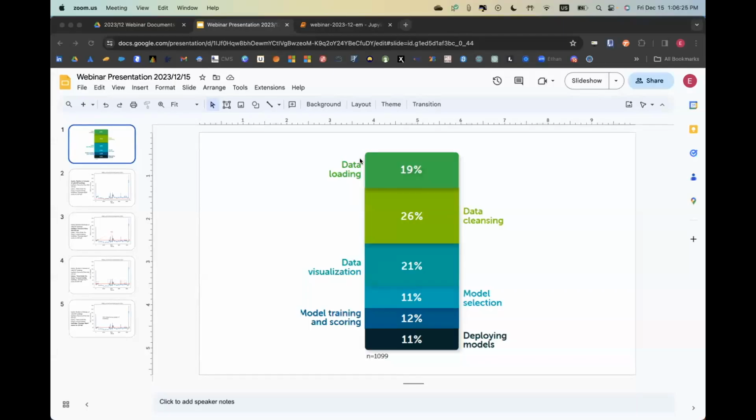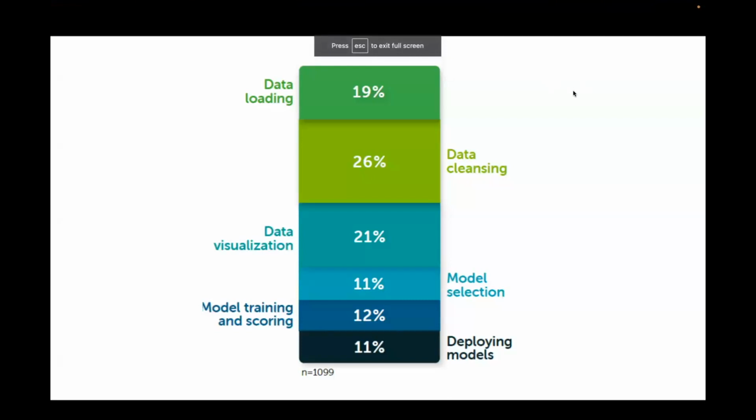I'm going to share my screen, and I first want to start off with this image. It's how data scientists agree that they spend their time, or if you survey data scientists, you spend a lot of your time not even doing the AI and ML and all those cool things that people usually associate with that topic. And the reason I'm showing this is because in the previous webinar, we spent a lot of time visualizing the data, which takes about 1/5 of the time of the whole data science pipeline.